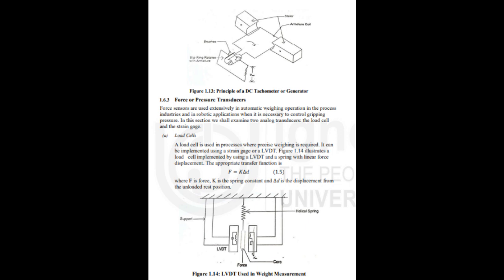The basic analog velocity measurement device is the tachometer, or generator. This device can be based on the operating principle of an AC generator or a DC generator. The principle of a DC machine will be covered in detail in the next unit. As shown in Figure 1.13, a DC tachometer consists of an armature, a rotating conductor, mounted on the shaft of a device whose angular velocity